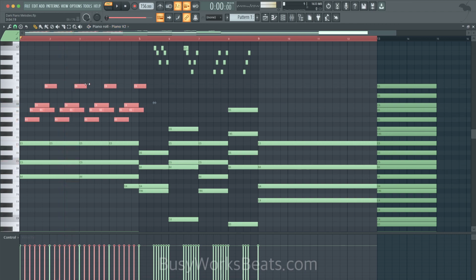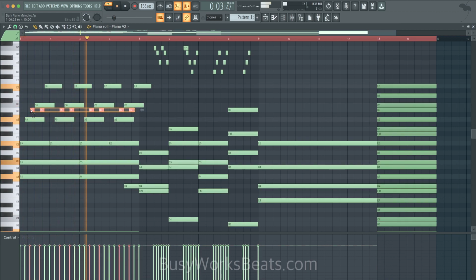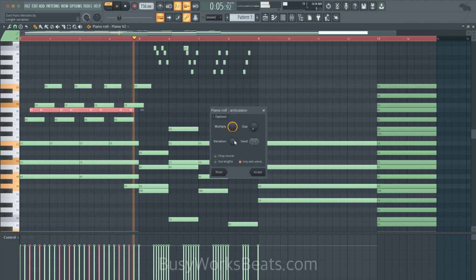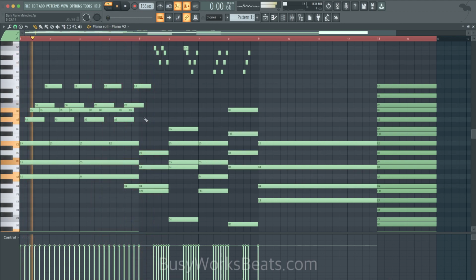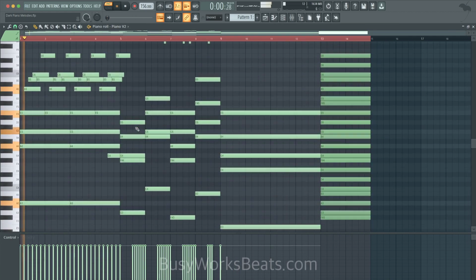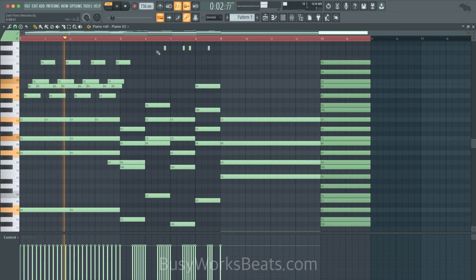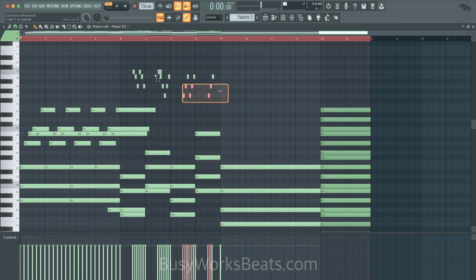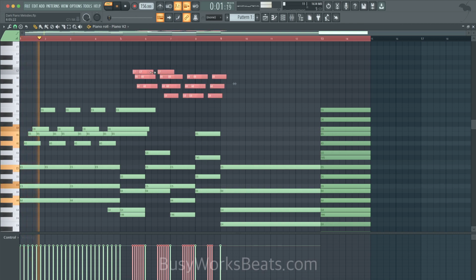Also, you want to drag these notes out to emulate what's called a sustain pedal. Let's grab these notes, hit Control, hit Alt L. Make sure only with selection is on, so you can drag out those notes. So see how it looks complicated, but it's really just a bunch of pieces put together. And I'll show you how to humanize the melody in a second. And I'll show you how to add the effects. And let's try dragging these out so it acts like the sustain pedal's on.